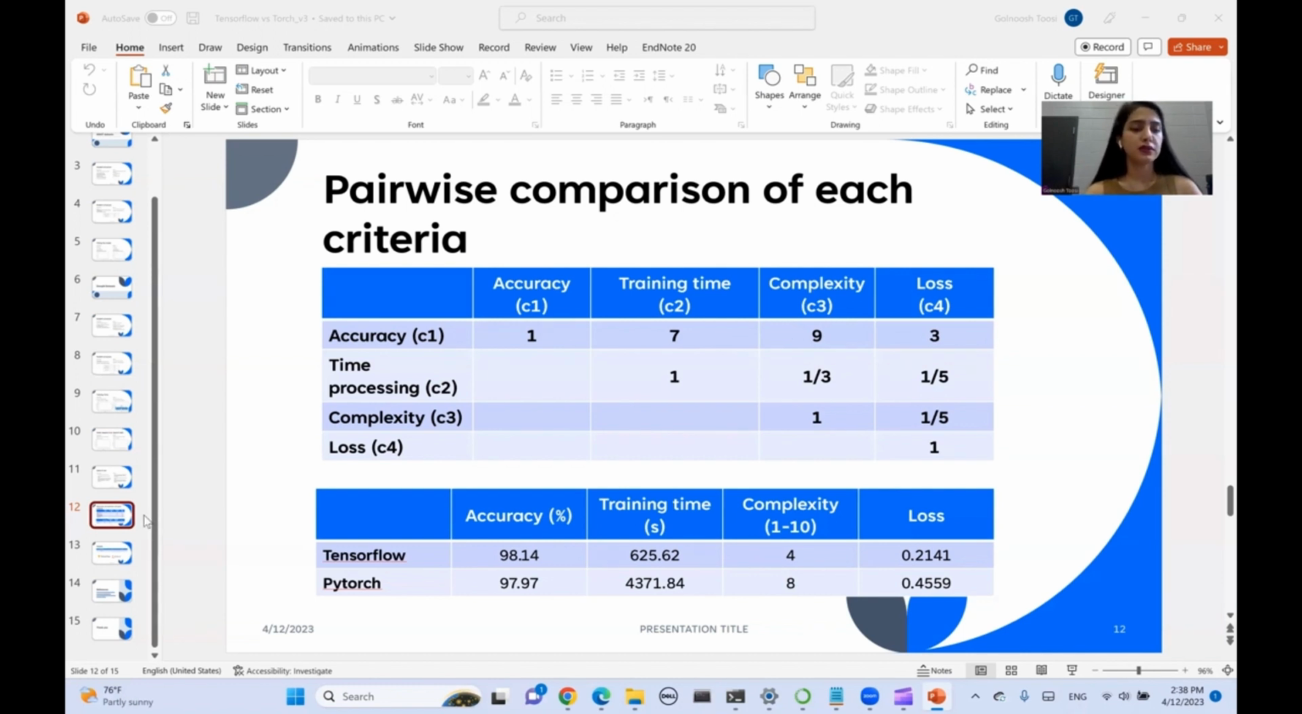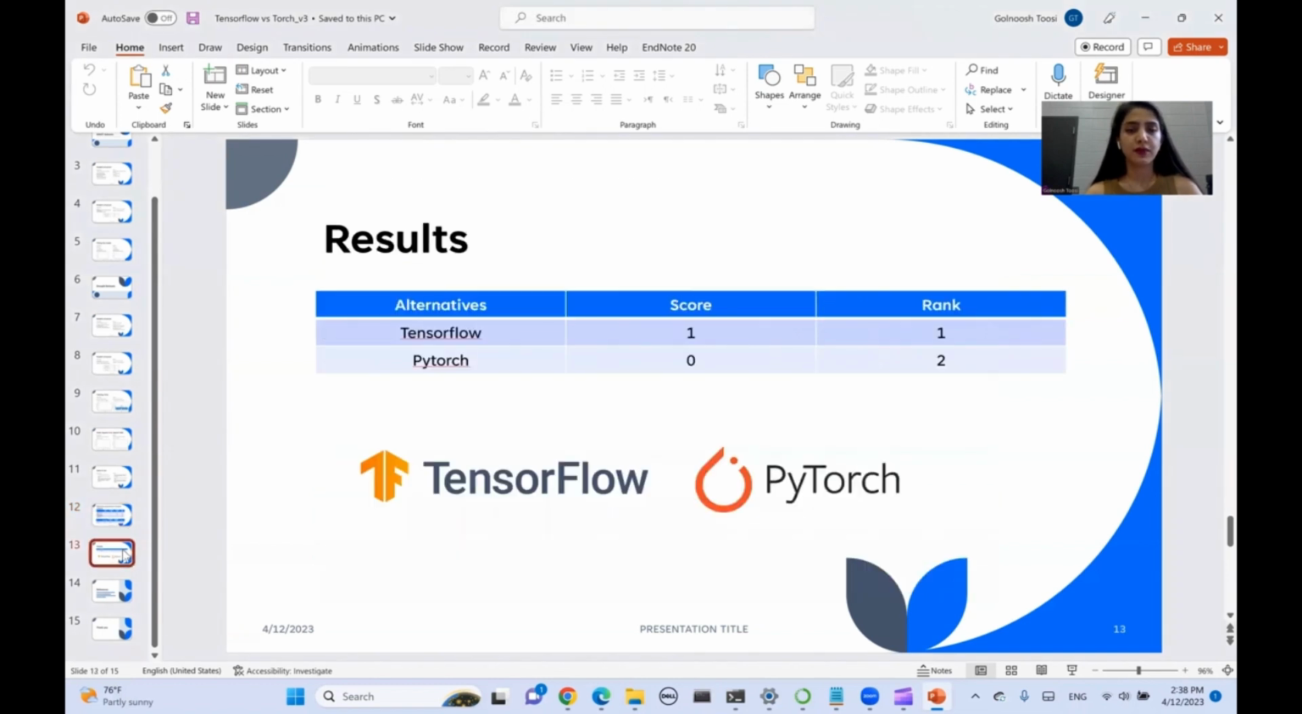Then we use TOPSIS to rank them, and the result shows that TensorFlow has a better rank in comparison to PyTorch. We assume that maybe TensorFlow has been in the market for a longer time and has improved, so it shows a better accuracy and a better